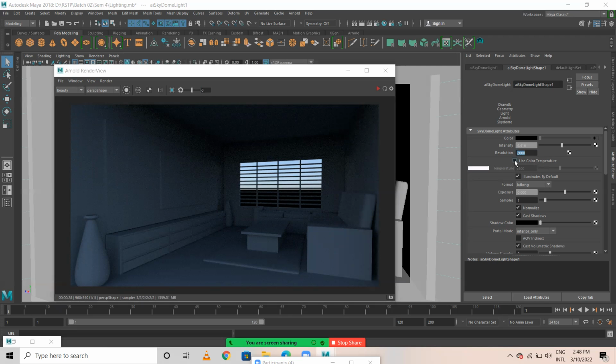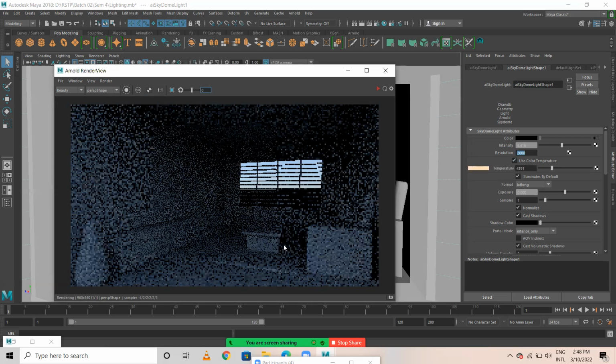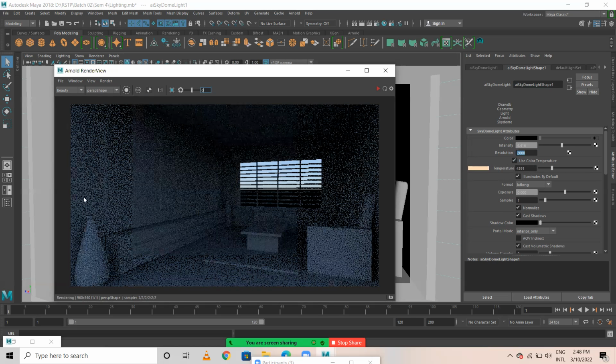Next, there's an option called use color temperature. When I click on use color temperature, we can define whether you want a warm temperature or cool temperature. Now when I reduce the value, you get more of an orange tint. If I refresh this render, you get an orange tint, not a blue tint.